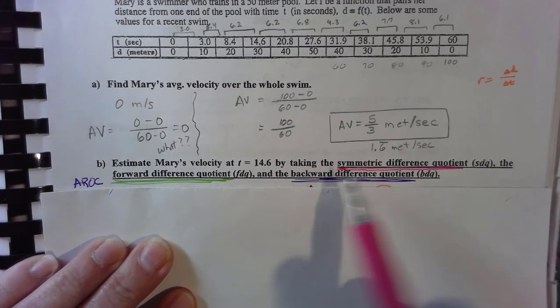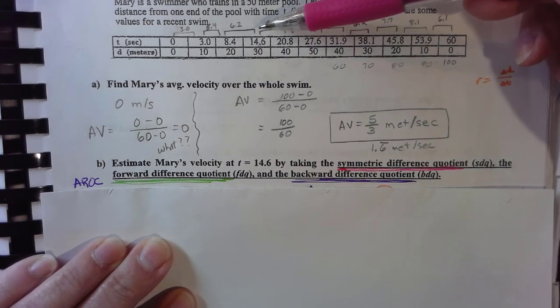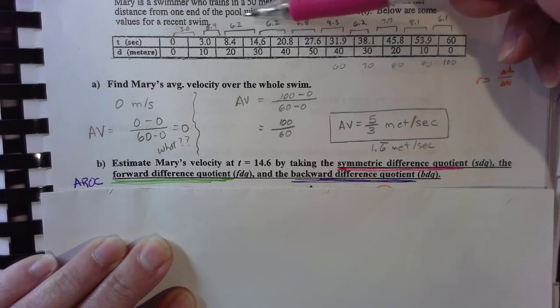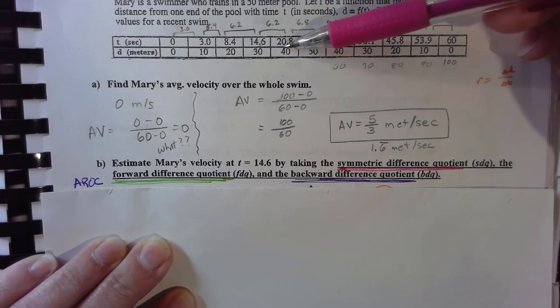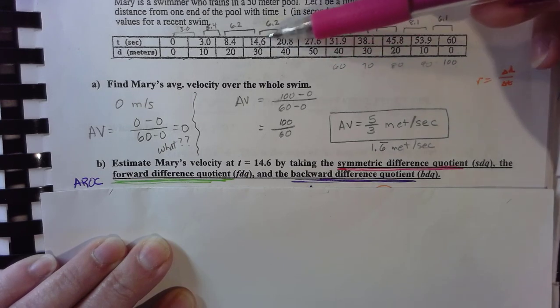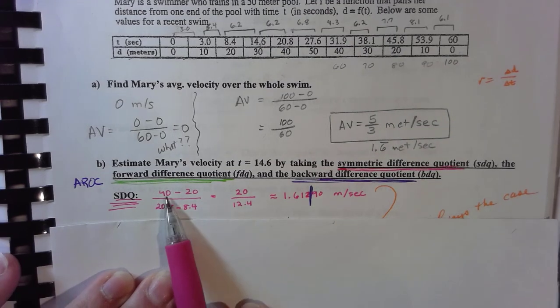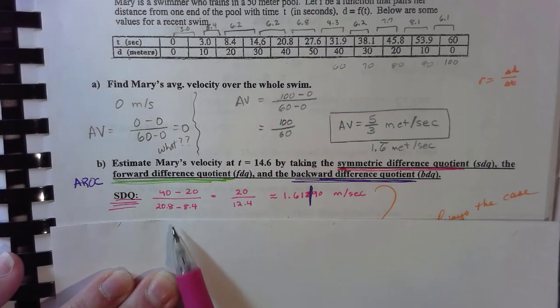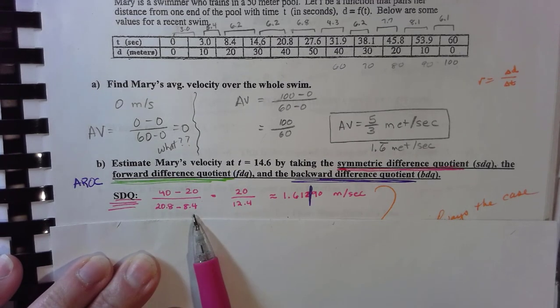Symmetric means we're going to go the same distance from either side of 14.6. So I'm going to go 6.2 seconds this way and 6.2 seconds that way. And I have these y values that are paired with those two differences in time. So symmetrically, 40 minus 20 over 20.8 minus 8.4, which gives us